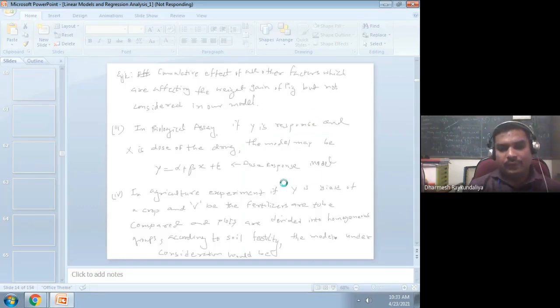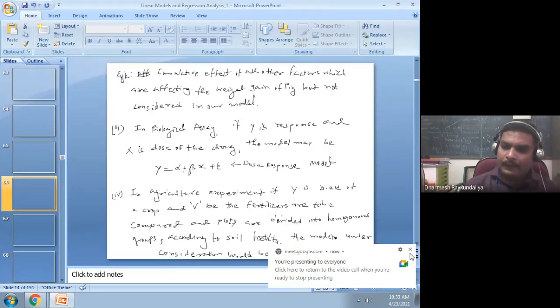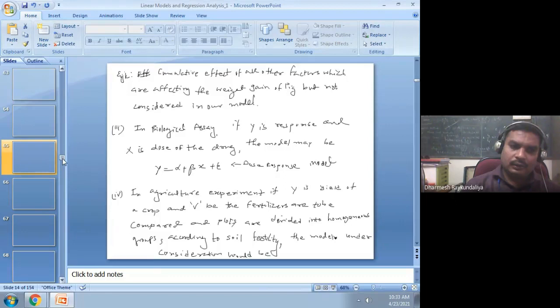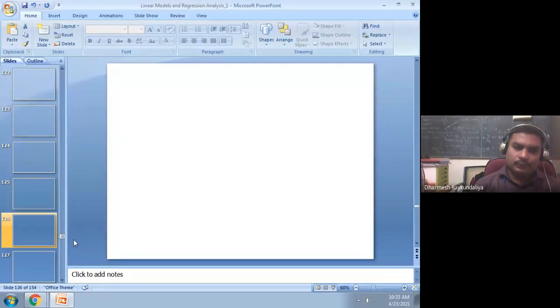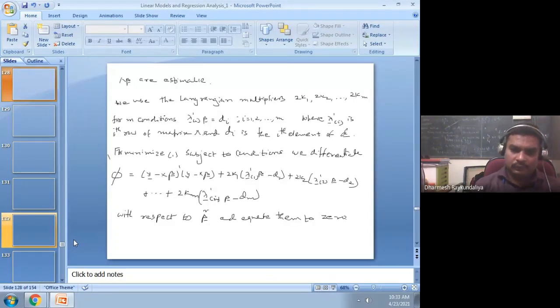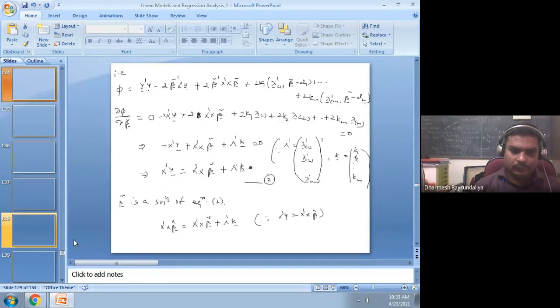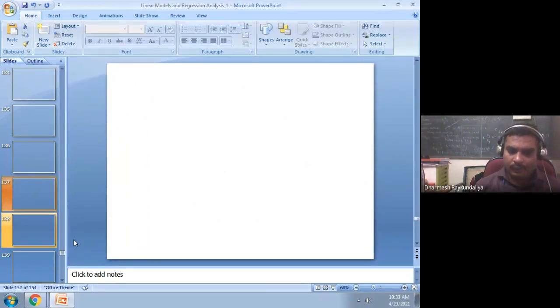So the difference between the conditional SSE and unconditional SSE is defined as (lambda beta cap minus d) transpose (lambda S bar lambda dash) inverse (lambda beta cap minus d). What is lambda beta cap minus d? What is (lambda S bar lambda dash) inverse? It is the inverse of the variance covariance matrix of the BLUEs of lambda beta, except the quantity sigma square. This is what we have obtained in the last lecture.